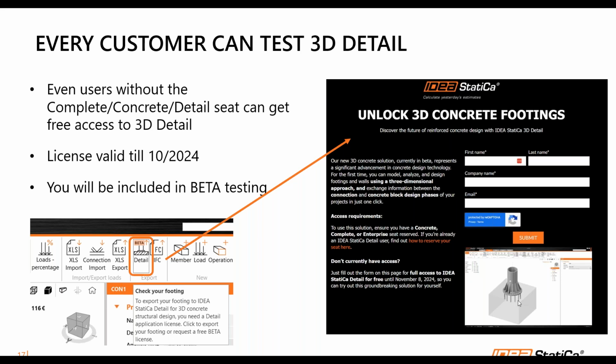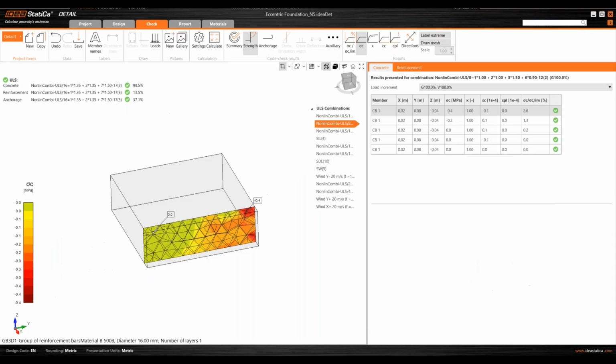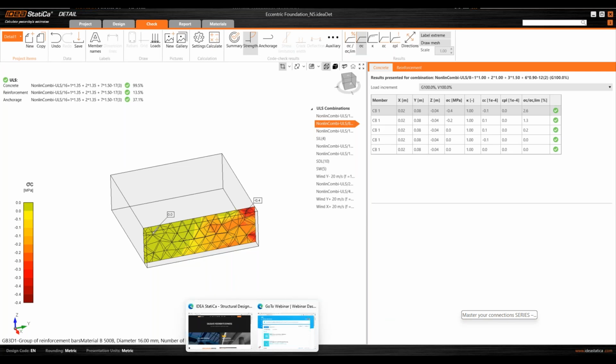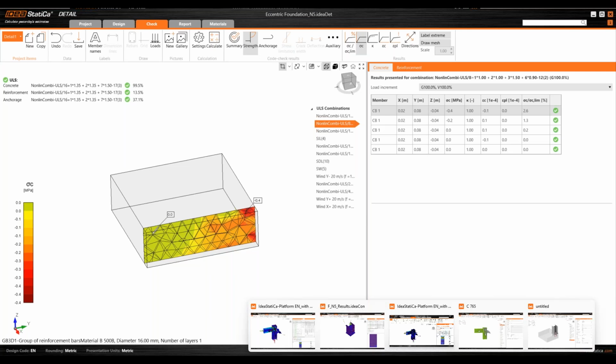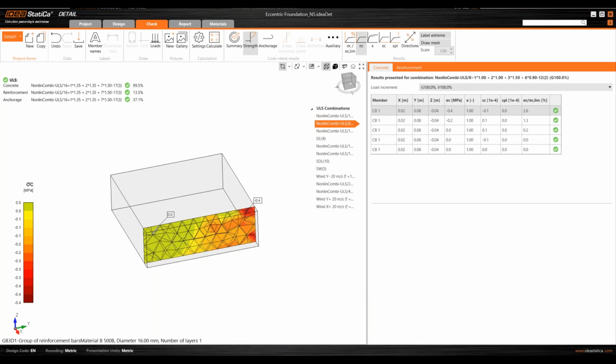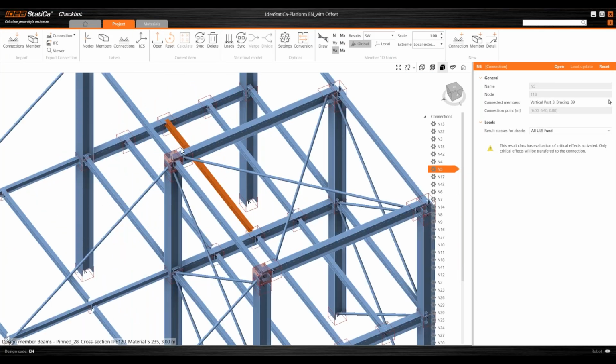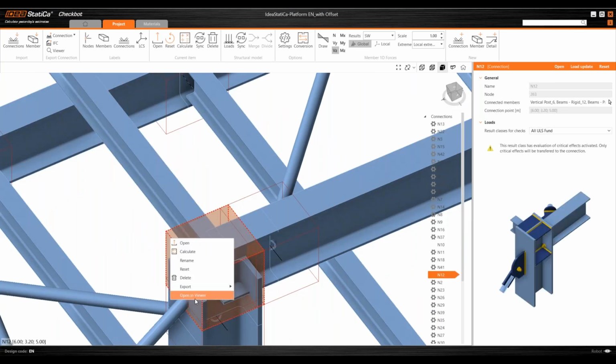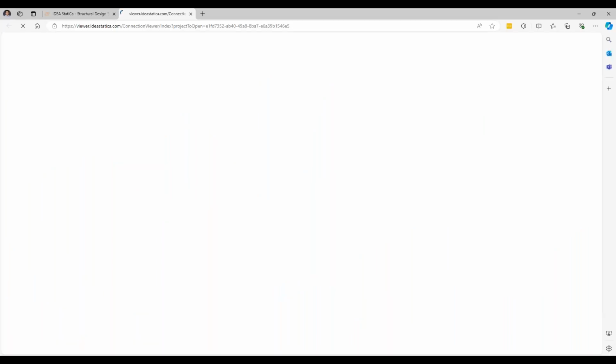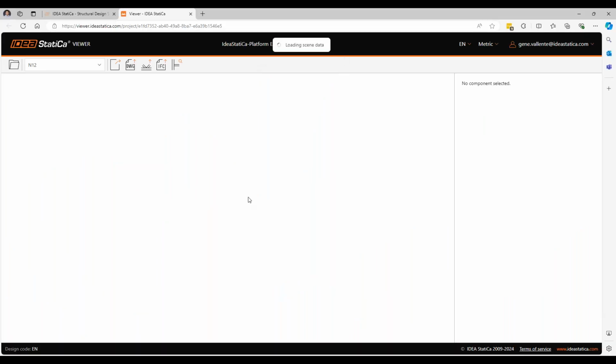And one more thing, there is actually something that I have to show you. I still have a few minutes left probably, so let's make use of this. All right, here you have the possibility to export this into viewer, open in viewer. And when you open it in viewer,